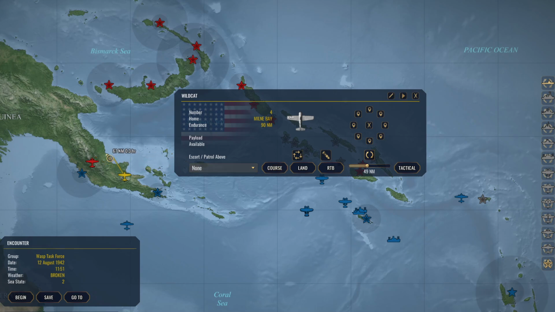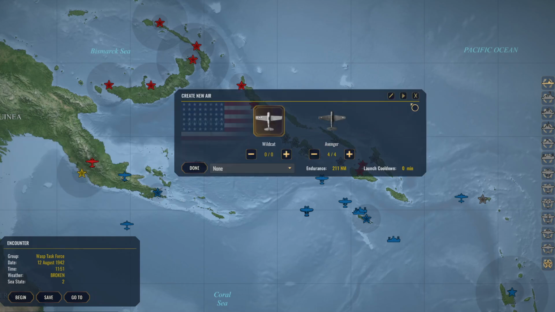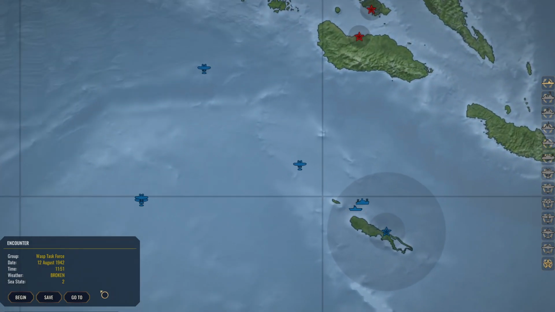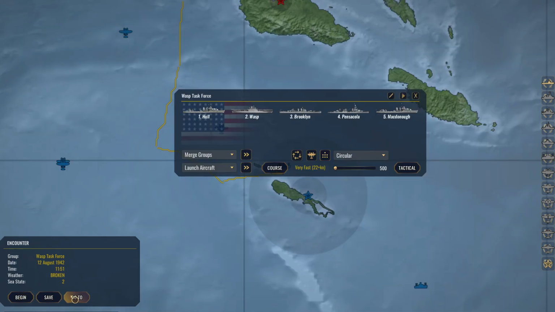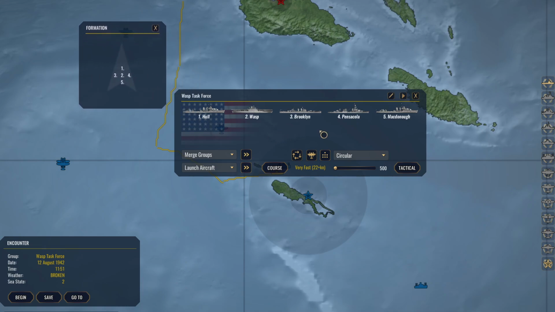WASP Task Force has a sub encounter, I believe. Port Moresby, can you launch? No more of those, and Avengers aren't going to do any good. Okay. So, WASP Task Force, go to... okay, so here's where we can kind of change and get things...